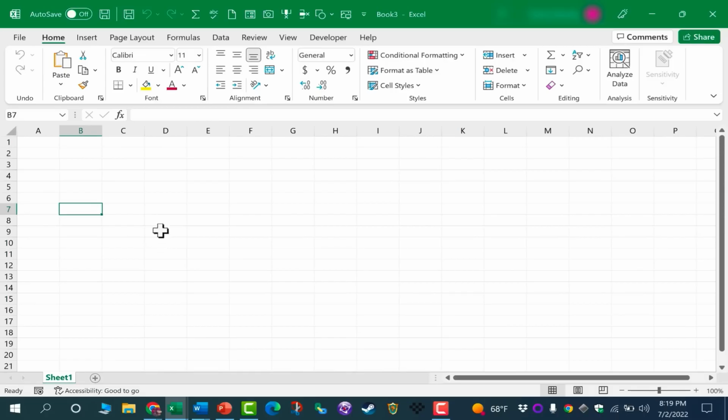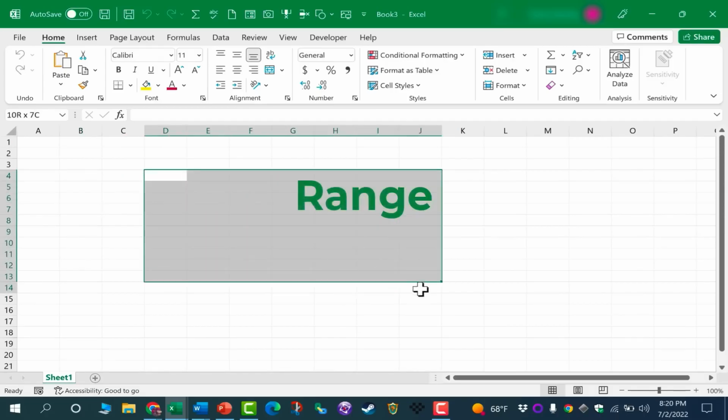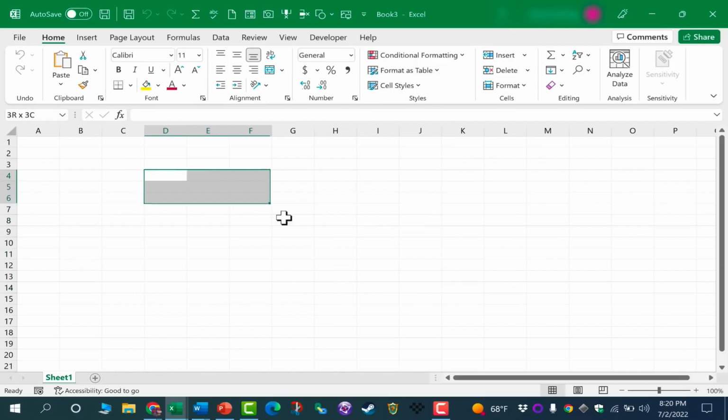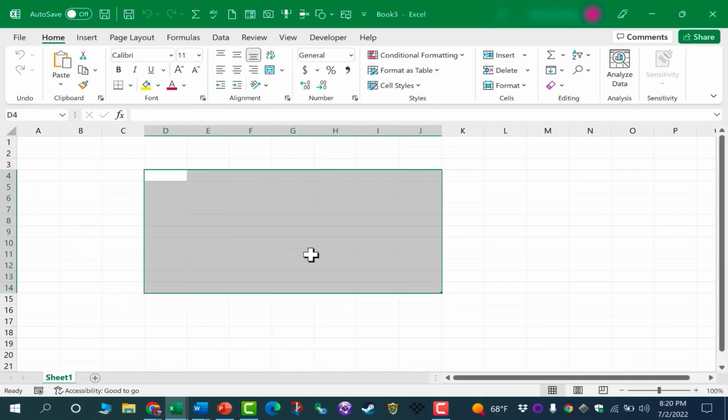The next part of the anatomy of a spreadsheet is range. A range is a collection of cells that are generally grouped together. So I've clicked and dragged to select a group of cells in Excel. This is a range. And we can also describe every range in Microsoft Excel, once again using the column letters